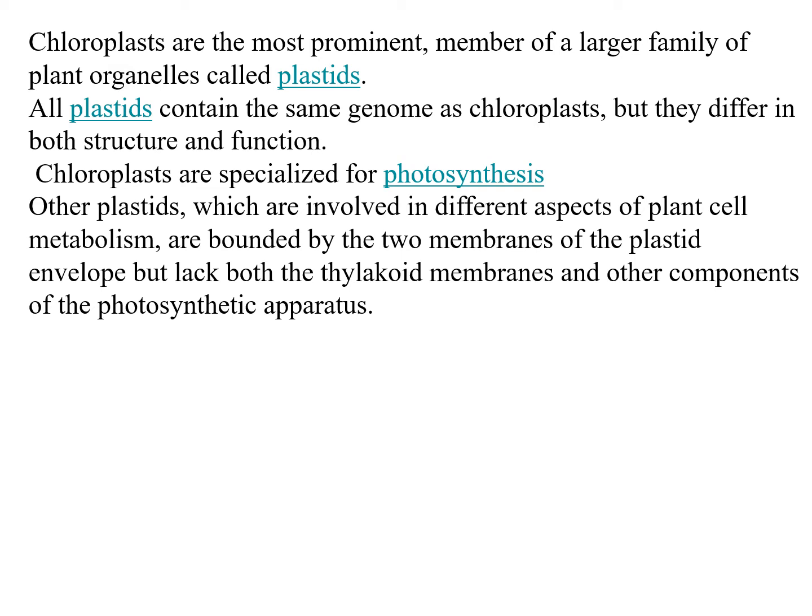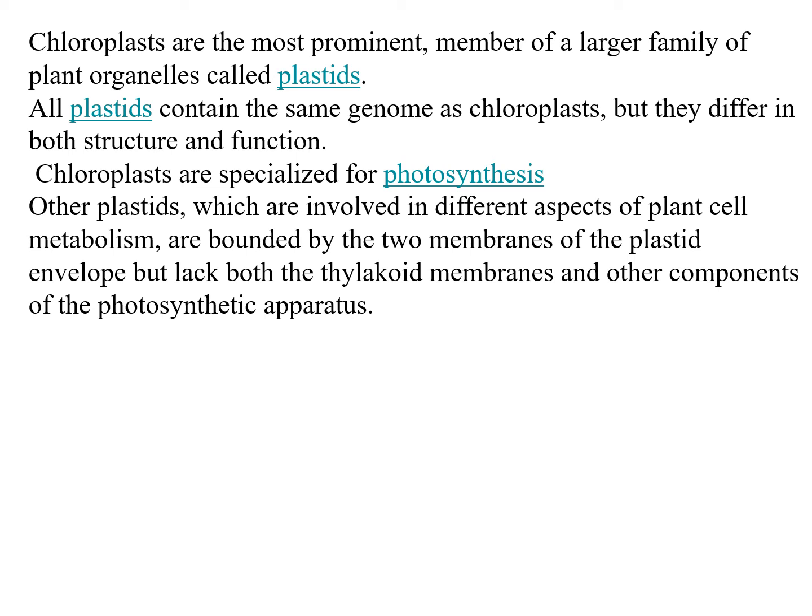Okay, chloroplasts are only one, although the most prominent member, of a larger family of plant organelles called plastids. All plastids contain the same genome as chloroplasts, but they differ in both structure and function. Chloroplasts are specialized for photosynthesis and are unique in that they contain the internal thylakoid membrane system. Other plastids are involved in different aspects of plant cell